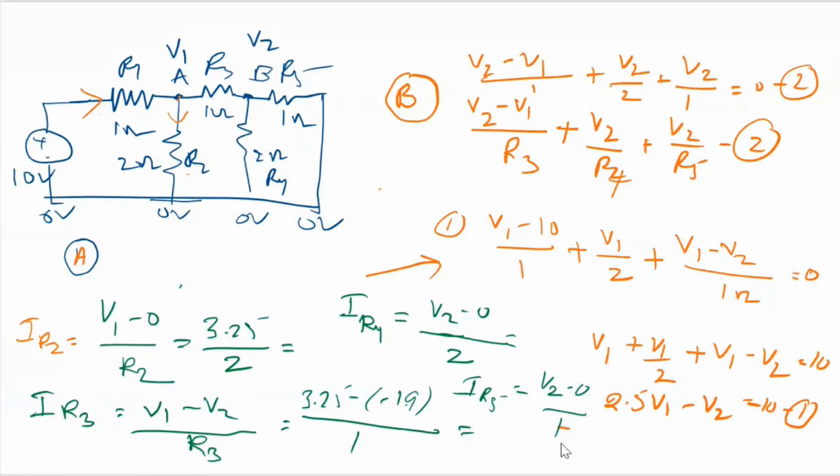Next is mesh analysis. These are the two analyses: nodal analysis uses KCL and Ohm's law, and mesh analysis uses KVL and Ohm's law. In nodal analysis, we are using KCL and Ohm's law. That's why in nodal analysis we have a provision to find the currents in each and every element. In mesh analysis we use KVL and Ohm's law. That's why you will have a provision to find the voltages across each and every element.